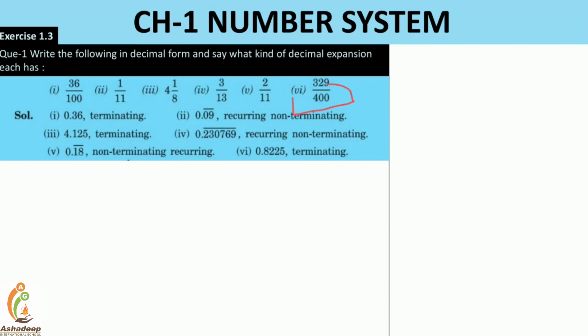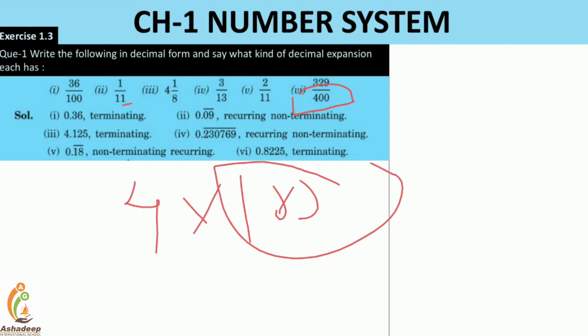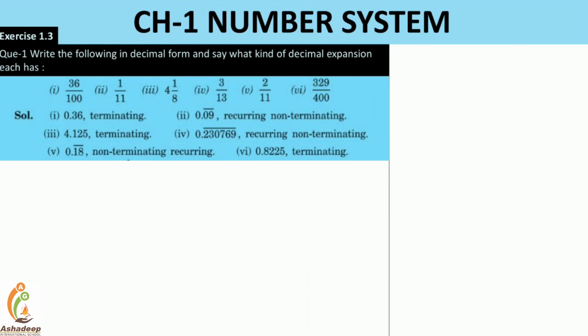But 400, it's nothing but 4 multiplied by 100. 100 we can already see here, 2 and 5. And this is a multiple of only 2. That is why this is the terminating term, right? So by only seeing the denominator, you can judge whether it is a rational number or an irrational number. But see one thing, if I write down here